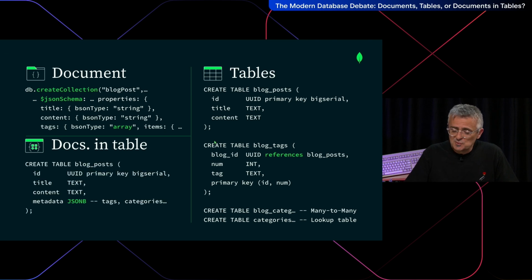And the third solution is document in the table, where you have one SQL table, you put some information in regular columns in the SQL table. But for example, the list of tags, you don't want another table for that. The categories, you don't want additional association table for the many-to-many. So you can just put that in an array, or better in a JSON that can contain an array. So you have some part in a document and some part in the relational one, but less table. So that's the idea from a database point of view.